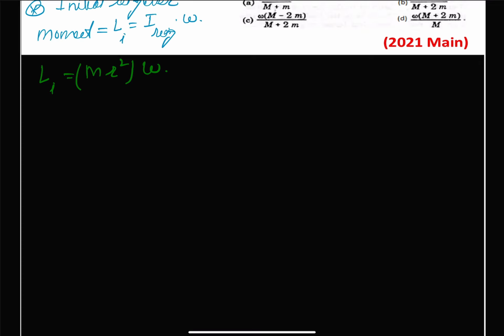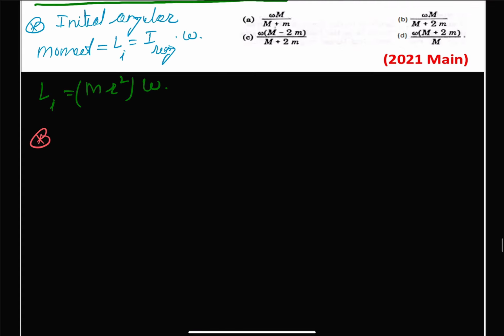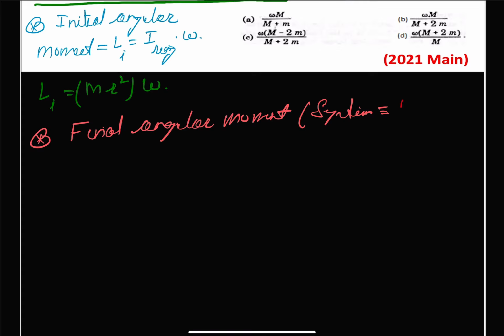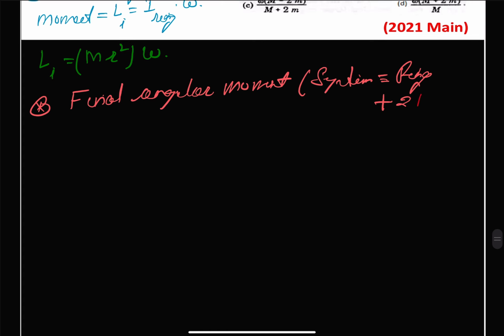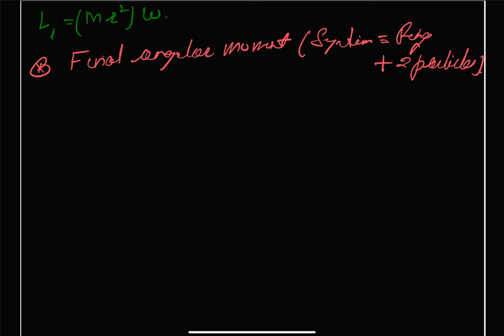Now our final moment of inertia, final angular momentum will be for the system, and the system will be our ring plus two particles. Therefore we can say that our L final